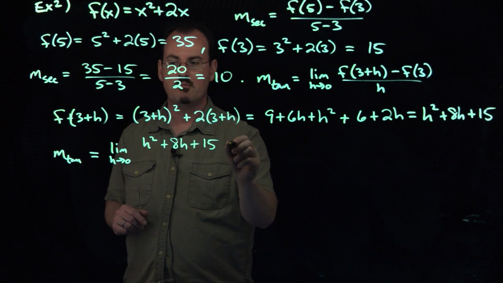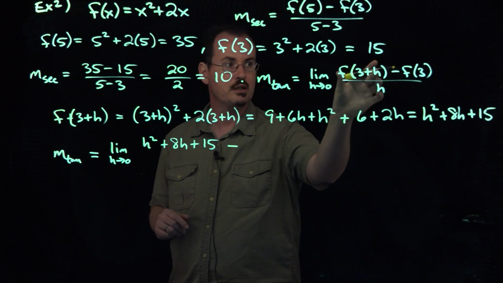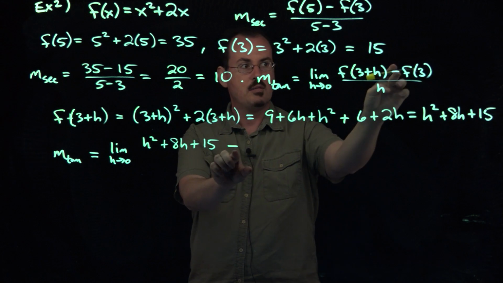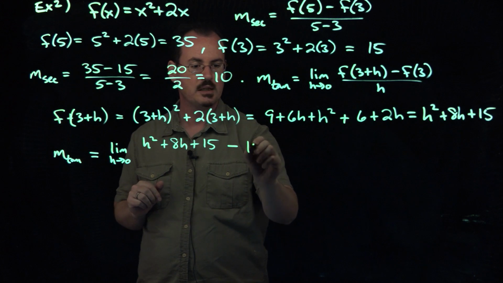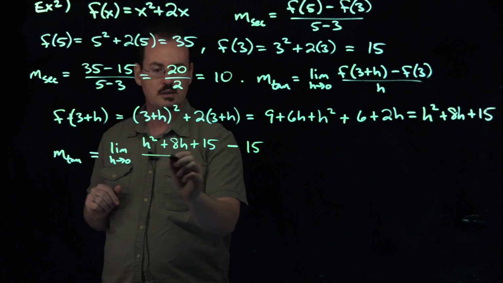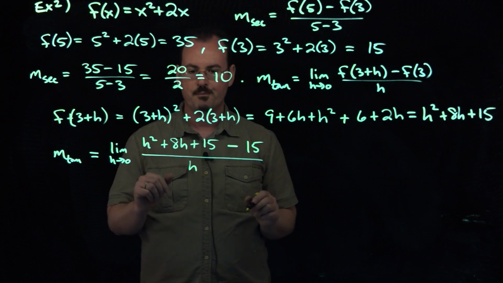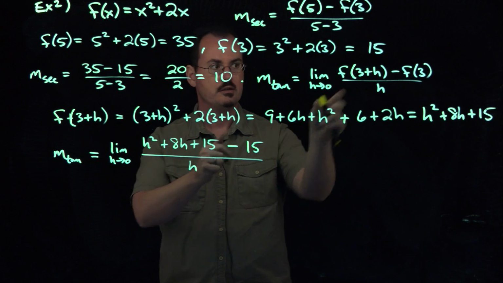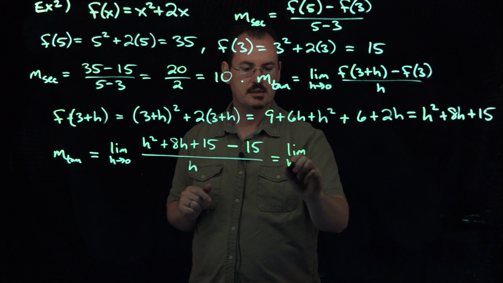Now we have to say minus f of 3. And again, I'm looking at that formula here. These three parts here are f of 3 plus h minus f of 3, which we saw already was 15. So that's what we get. Again, the first part is f of 3 plus h, and that's f of 3, following that formula. Okay, so then this is the limit as h